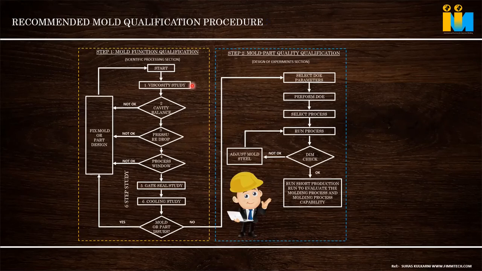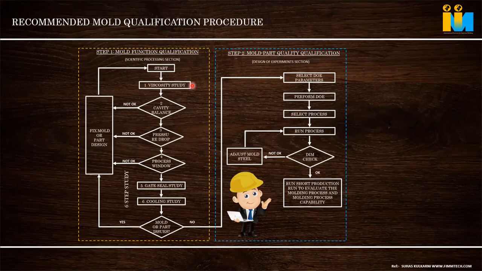When we are injecting quickly, shear plays an important role. Shear means, like rubbing two hands, heat is generated. Similarly, inside, the molecules rub against each other when we inject so fast, and shear heat is produced. So at higher temperature the melt flows properly and viscosity is maintained. The viscosity variation will be lesser. With more temperature drop, the viscosity variation will be huge. Viscosity variation means quality difference. Shot to shot consistency will not be there. Cold melt doesn't have any consistency. So we have to inject at the recommended higher temperature. For that, the viscosity study is important.